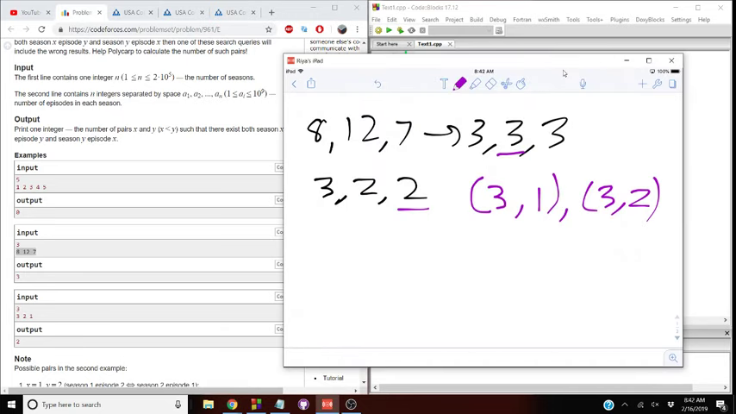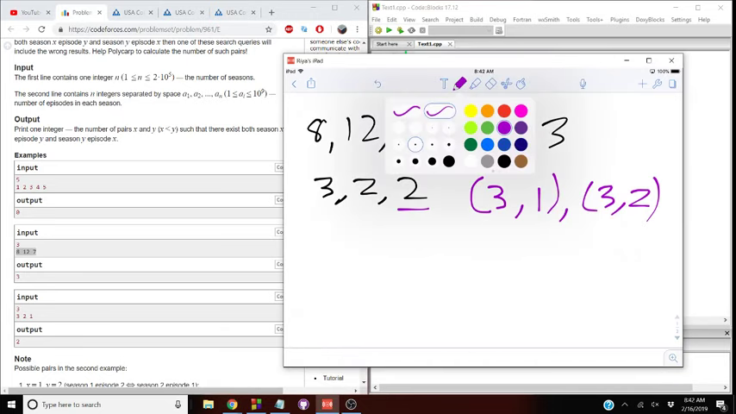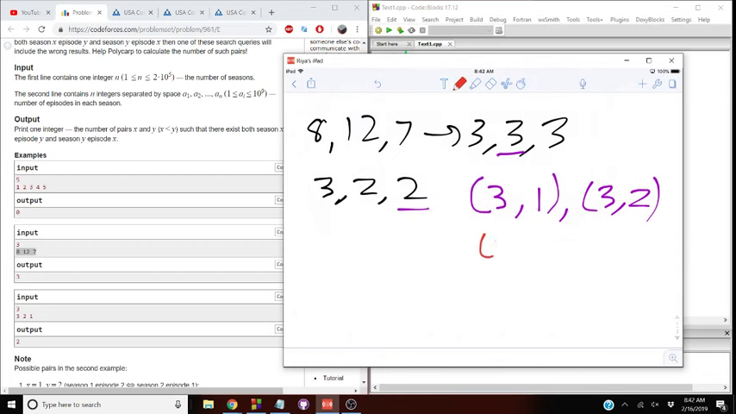So for these to work, we have to ask the question: does 1 comma 3 exist, and does 2 comma 3 exist? This means does season 1 have an episode 3 and does season 2 have an episode 3? We cannot ask this for each and every individual one, right? But what we need to do is count